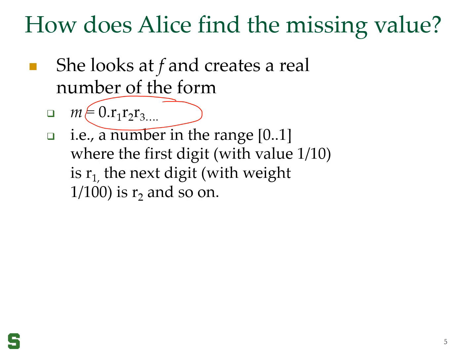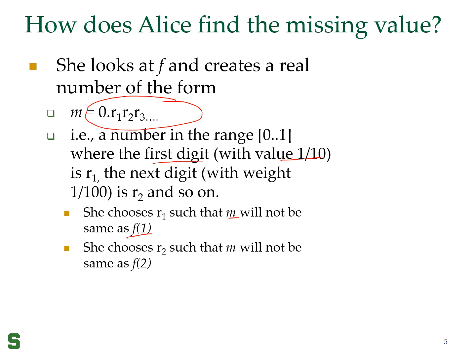So let's recall what r1, r2 is. So r1 is the first digit in the number. That means it has the value 1/10. r2 is the second digit. That means the weight is 1/100th, and so on. She's going to choose r1 in such a way that m will not be the same as f1. She's going to choose r2 in a way that will guarantee that m is not the same as f2. She's going to choose r3 in a way such that m will not be equal to f3, and so on